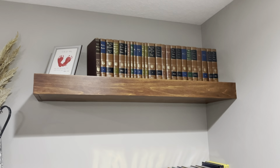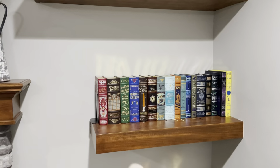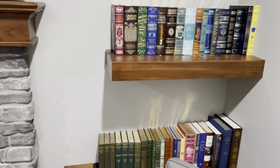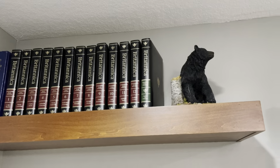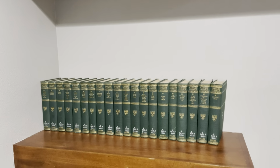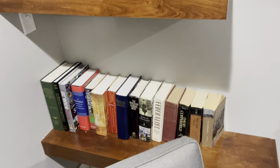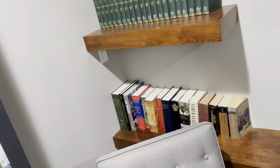filled them up with some books. There's some classics up there, some fictional stuff down there, and just a bunch of overflow and miscellaneous books. Micro encyclopedia set there, along with my decorative bear, Harvard classics there, and then some more overflow, just some larger books. And then over here,